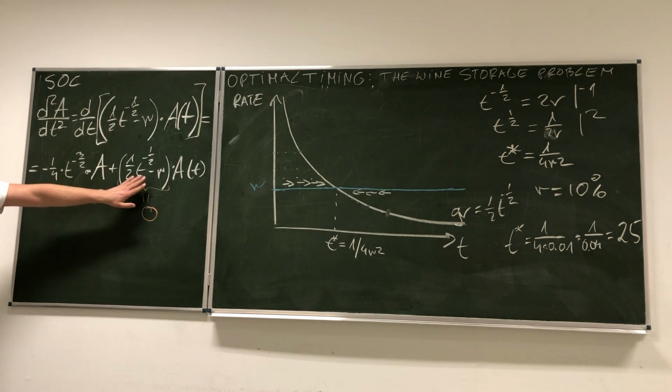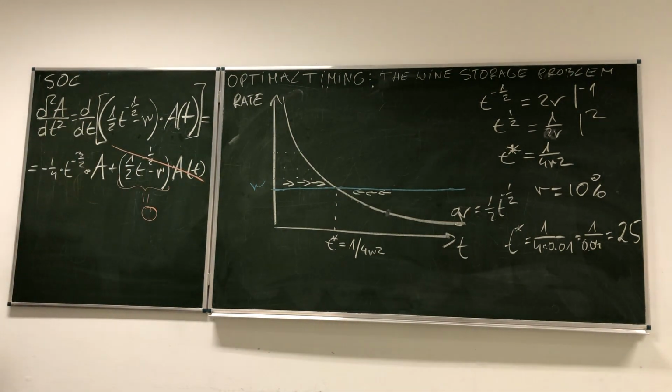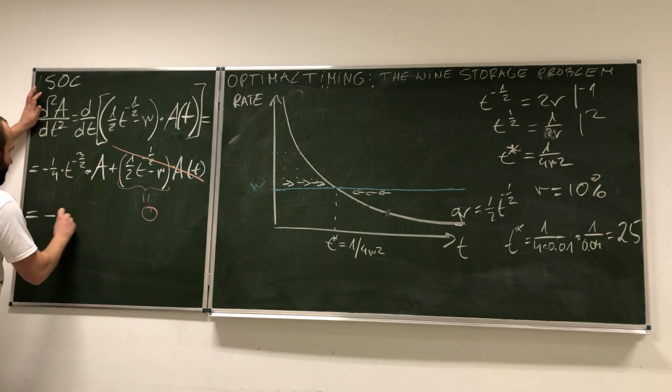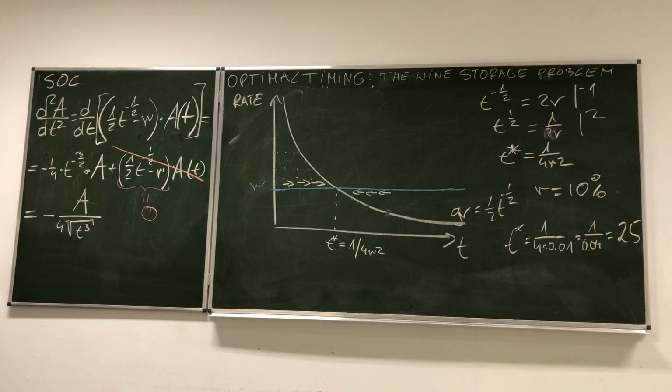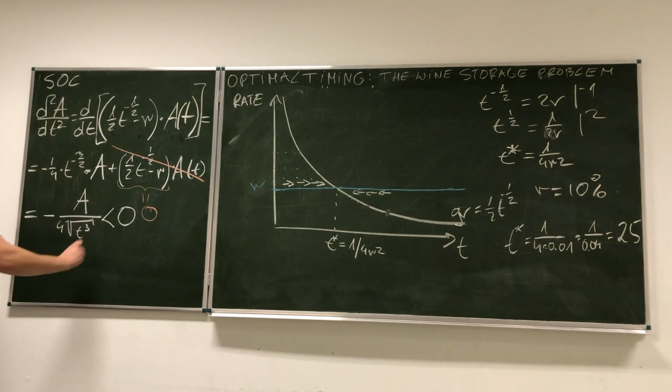So here we know that this is 0. This part is gone. And out of this, we can get that this is negative A over 4 square root of t to the power of 3. And positive, positive, positive, it is clearly negative. We can be sure